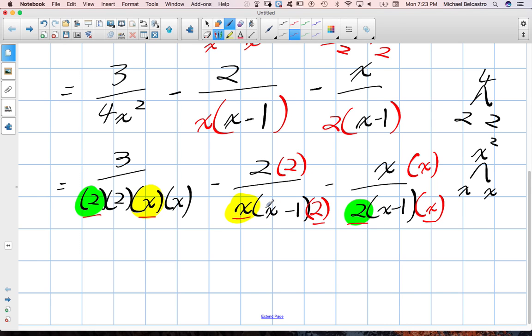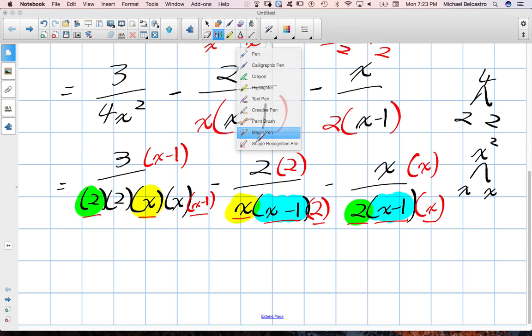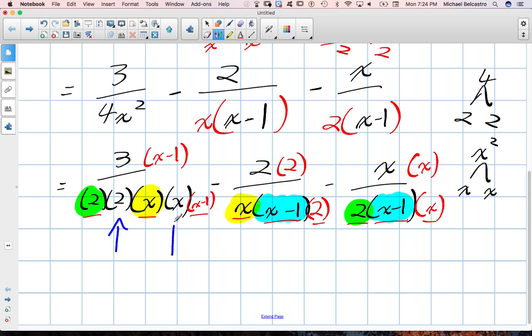There's a commonality between the second and the third term, which is x minus 1 and x minus 1. What does that mean? Well, that means x minus 1 is missing here, so we're going to attach it. I'm kind of running out of room, but x minus 1 and x minus 1. There we go. That's all taken care of. X minus 1, x minus 1, x minus 1. What is left over? Well, I have a 2 and an x left over. I can technically just attach 2x and 2x to both of these,